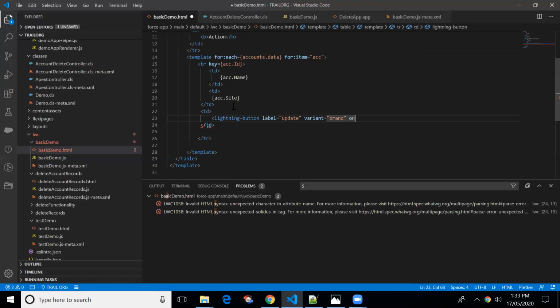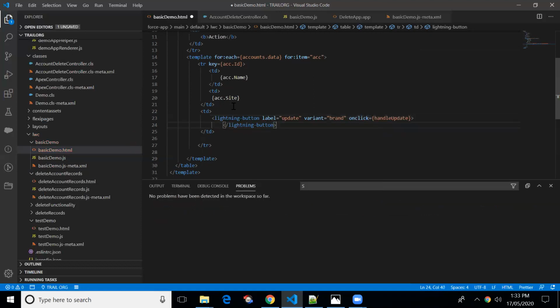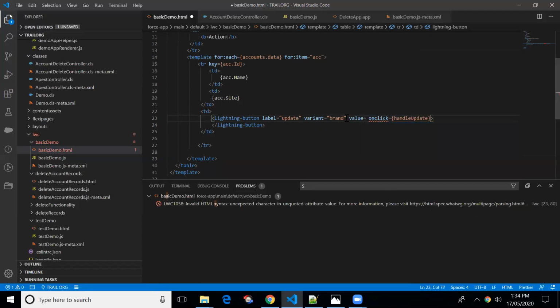On clicking of this, I'm going to update the record, so handle update. Let me close this. Let me pass the ID to the button, value equal to acc dot ID.